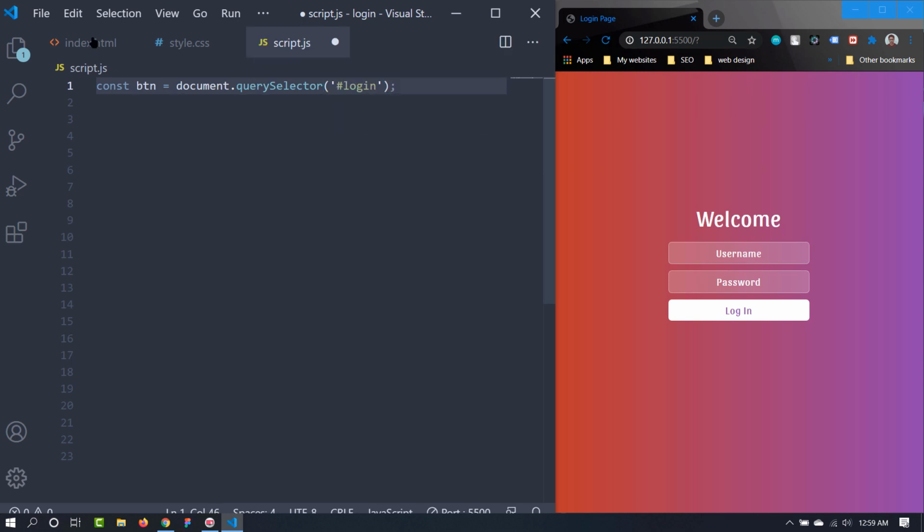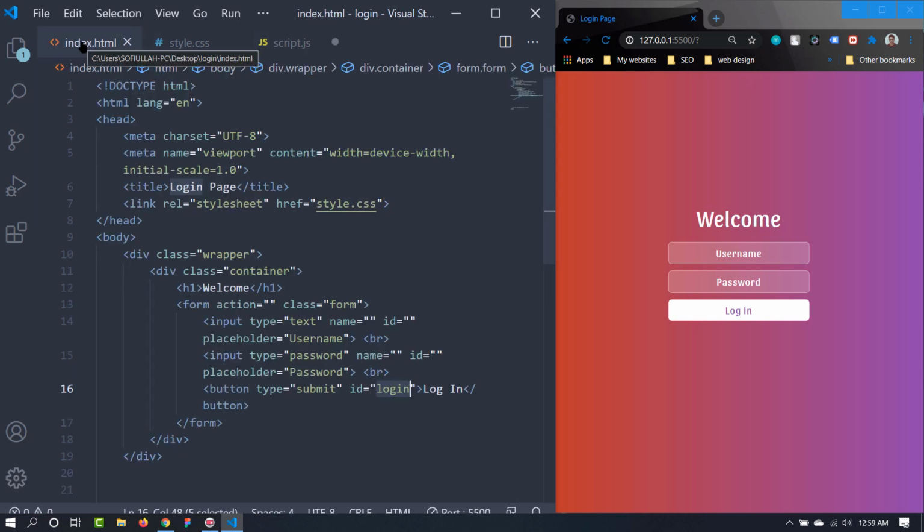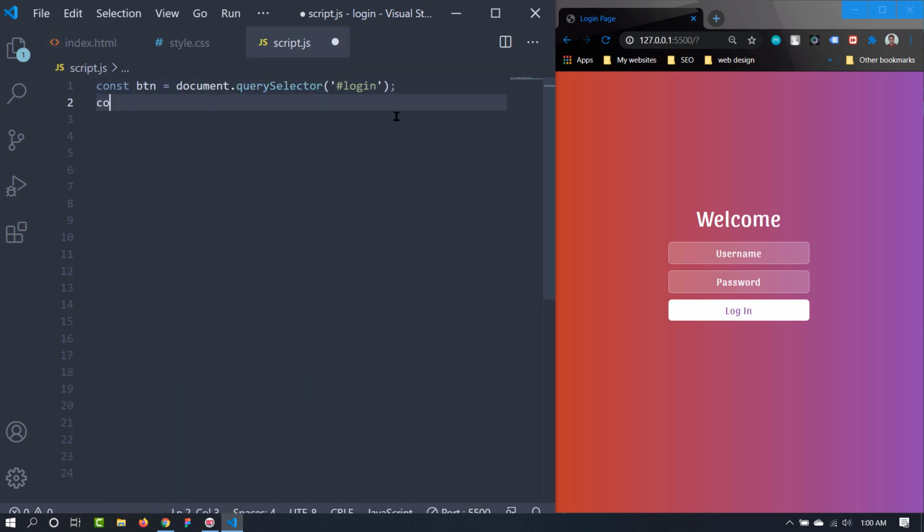Now we also need something else from here. When we do that, this form here will disappear and this welcome text will get lower. So we also need these two elements. The welcome text has a class of welcome and it is inside a container div. So let's create a const, and I'm going to name it welcome because this is a welcome text.